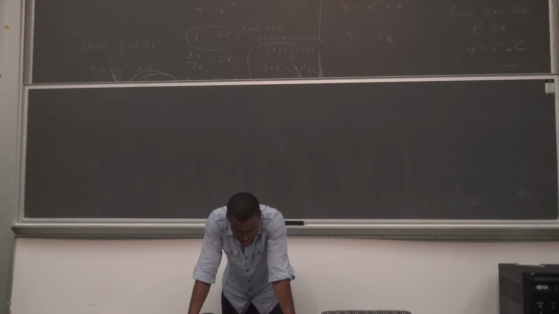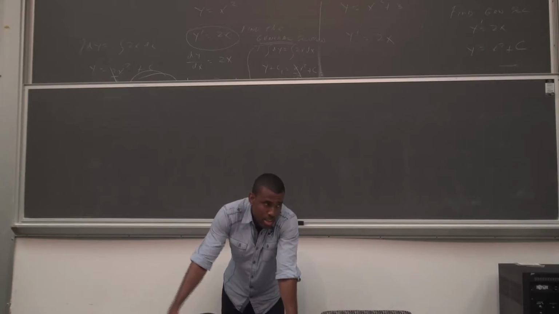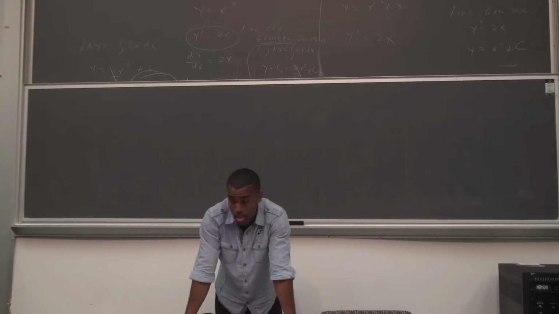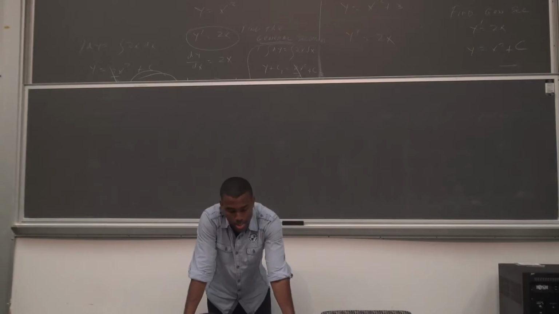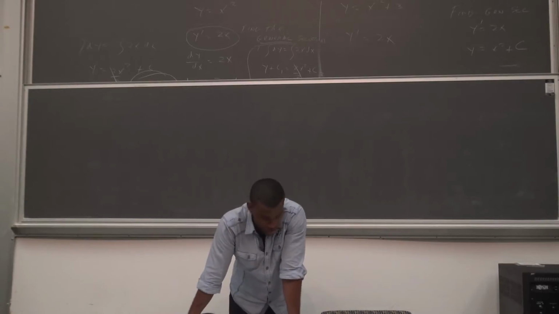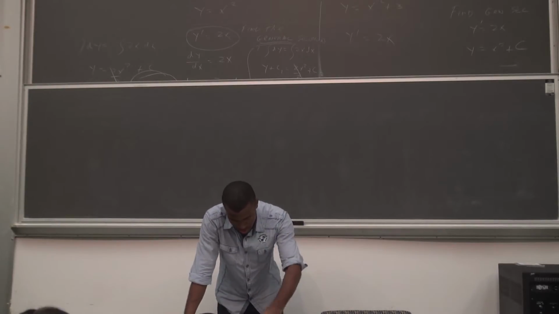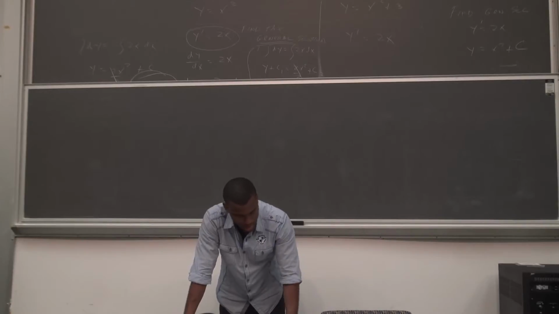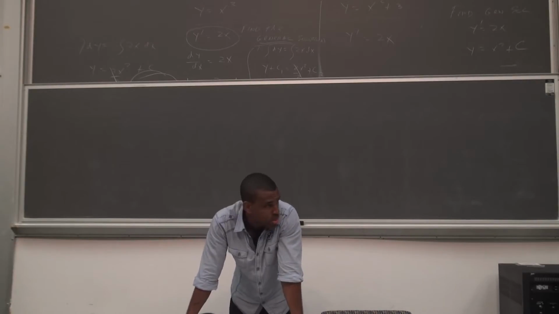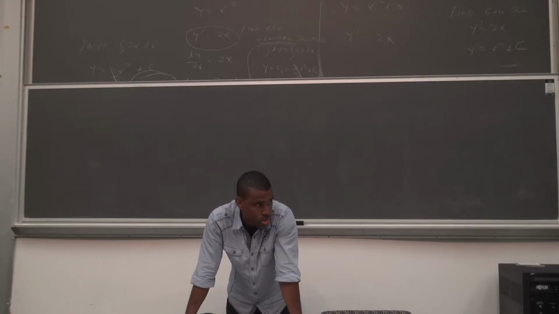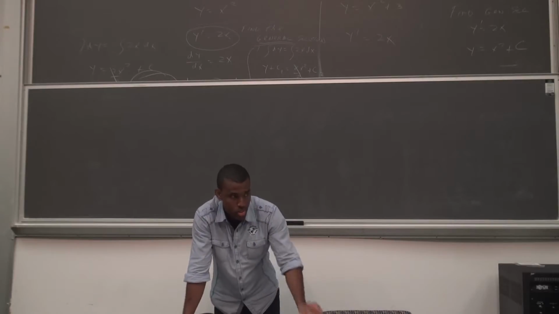Here's the grade breakdown, the overall grade for this class. It's the math department policy that I have to put at least 40% on the final. That's not a choice I make. So the final is worth 40% of your grade, and the other percentages I split up as you can see here. So we will be doing quizzes. You can expect pretty much a quiz a week. So either a test or a quiz every week.